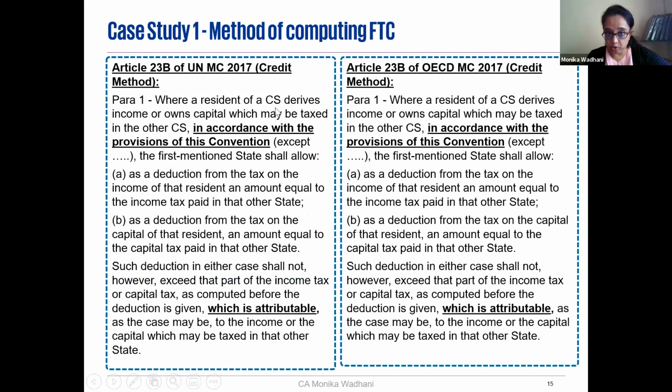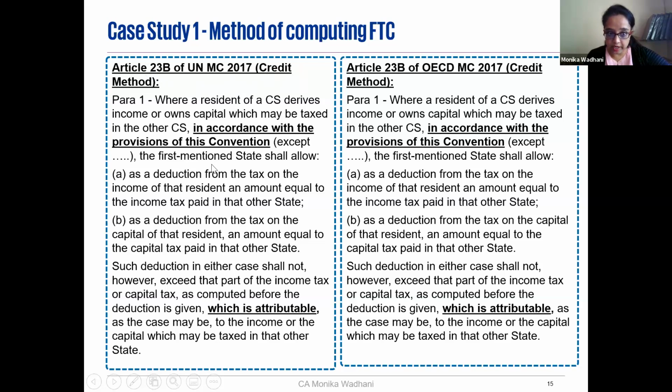where a resident of a contracting state derives income or owns capital which may be taxed in other contracting state in accordance with the provisions of this convention. So it says in accordance, it has to be taxed in accordance with the provisions of this convention. Thereafter, when it comes to the credit mechanism of FTC, I have taken the example of ordinary credit method, that is Article